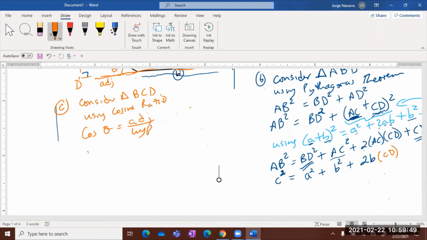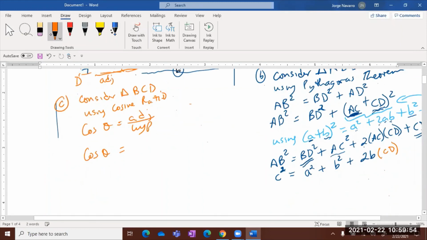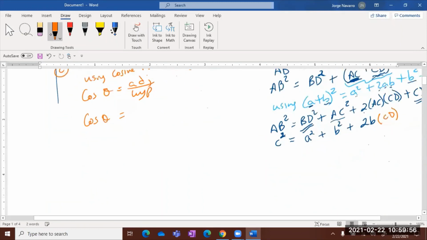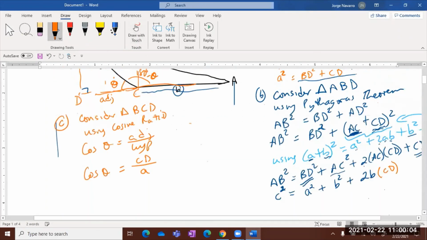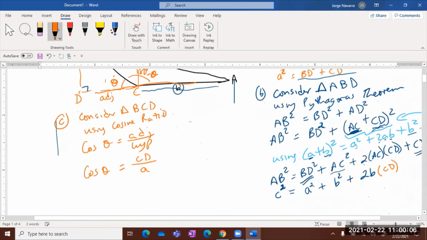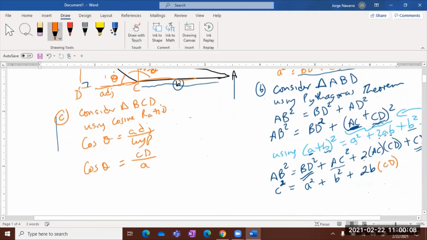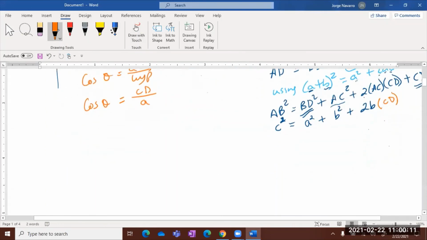So that means that the cosine of theta, the adjacent is CD, right? Is CD, and the hypotenuse, we found it to be A. Yes? Everybody with me? Yes. But CD did not exist, so CD is equal to A cos of theta. Now,